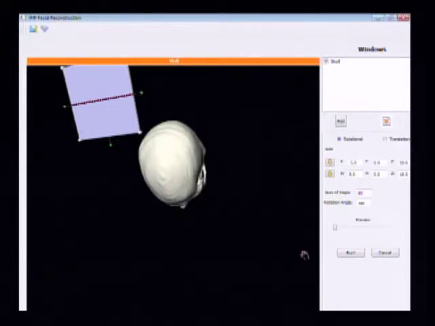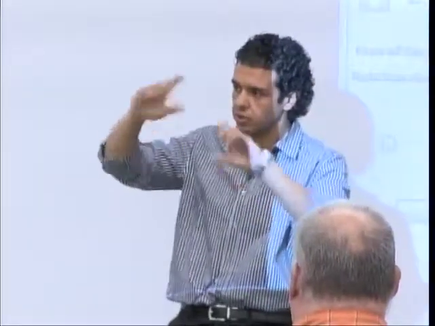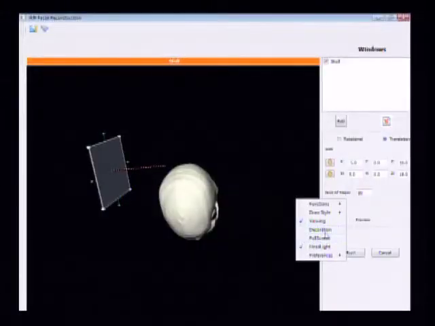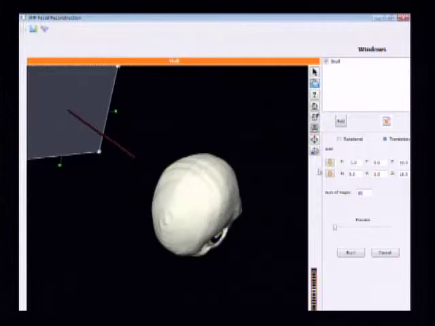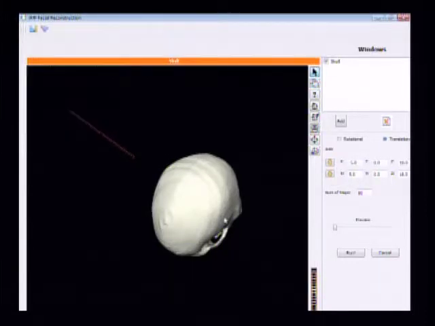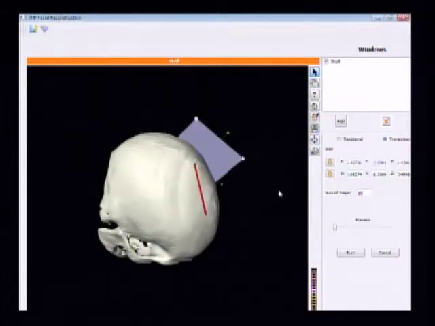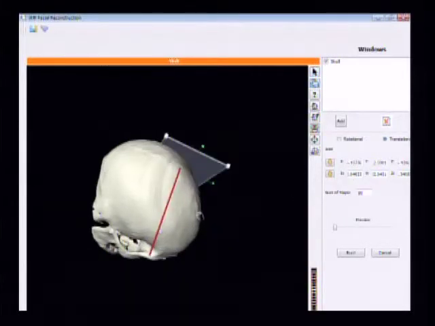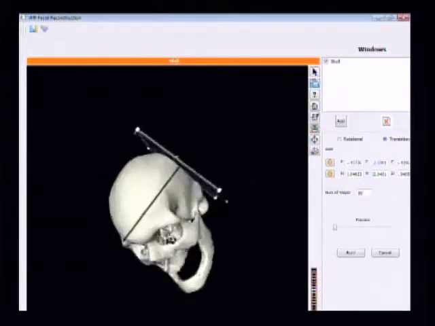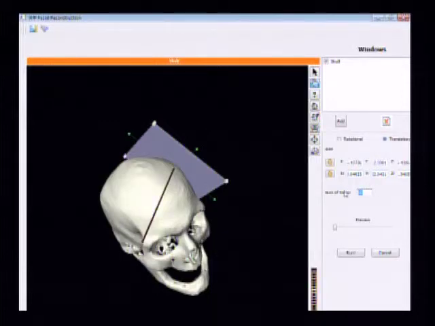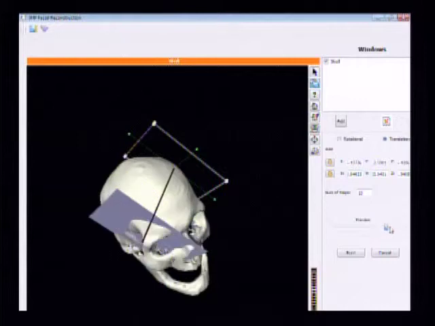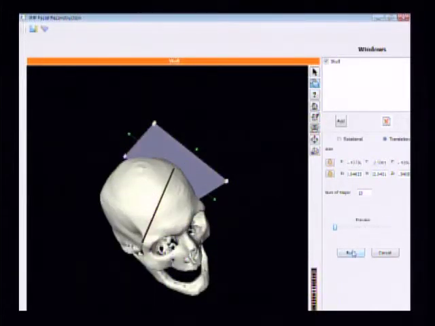There are 2 modes of contours. You can select translational, which slices along an axis, or rotational, which rotates around an axis with a certain angle. Let's select translational. You have to select the 2 points of your axis: select the first point, then the second point. It shows you the direction it's going to cut into. Then you define the number of steps, or how many planes you want to use. I'm going to cut between these two distances with 10 steps, and if you hit run,